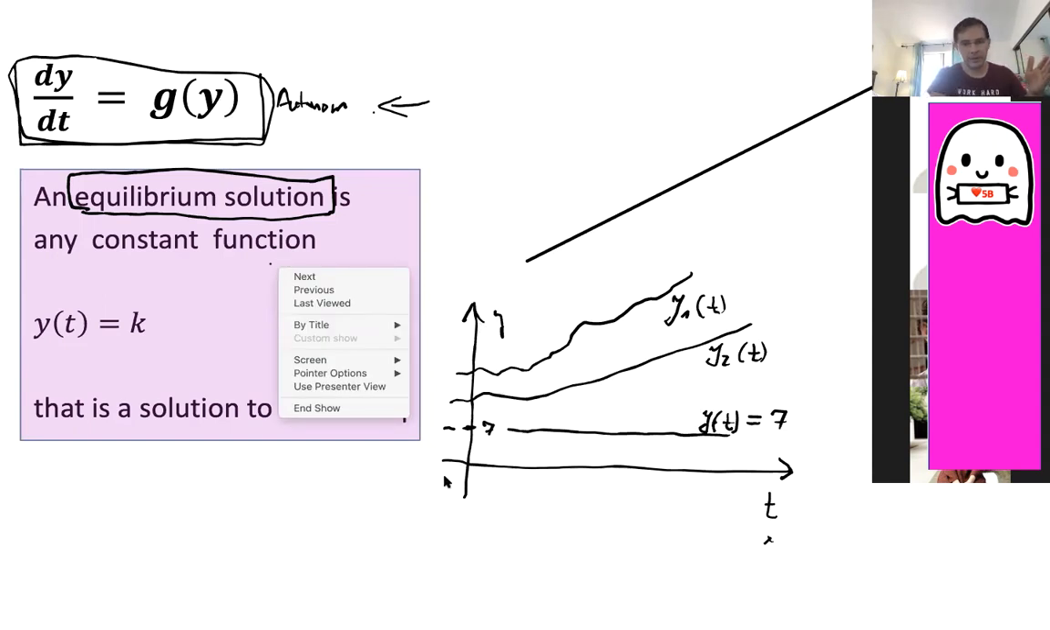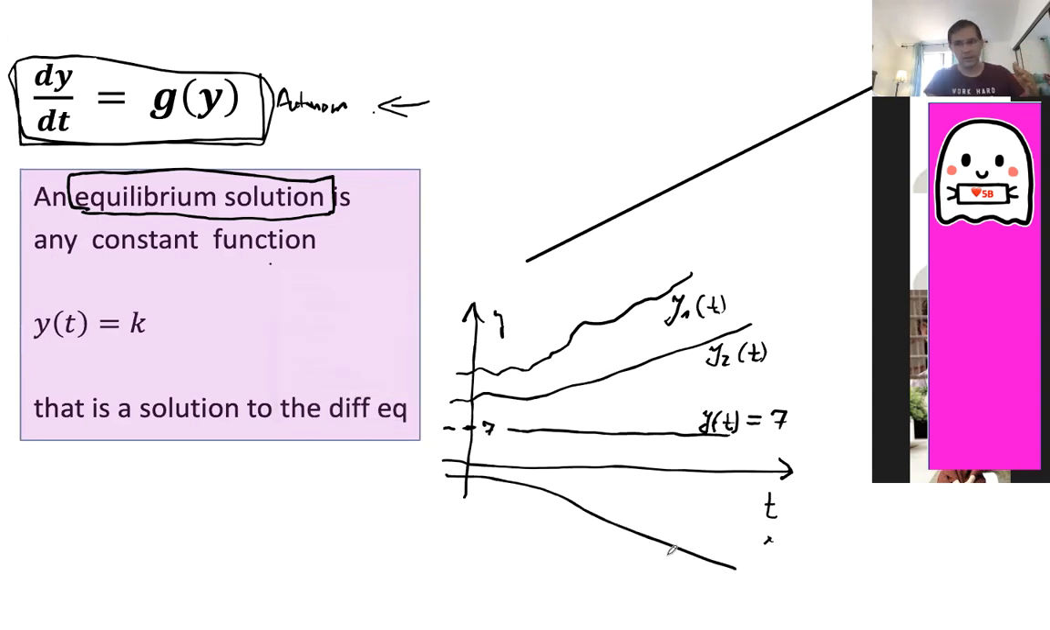Let's say, for example, here's another function. It doesn't look like a constant function, so even if this is a solution to this differential equation, it's not an equilibrium solution because it's not a constant function. So an equilibrium solution is a constant solution to a differential equation. Okay, so